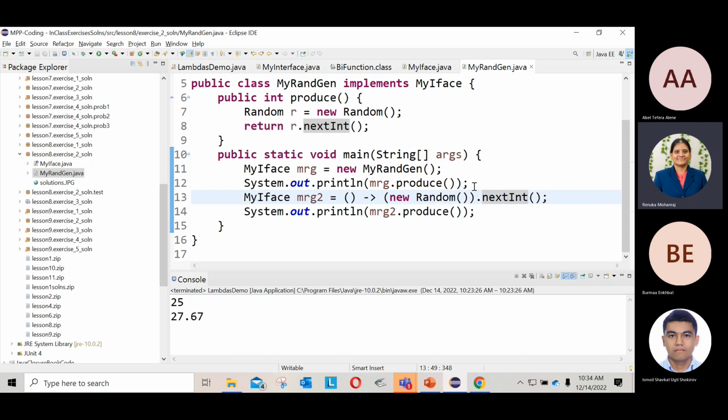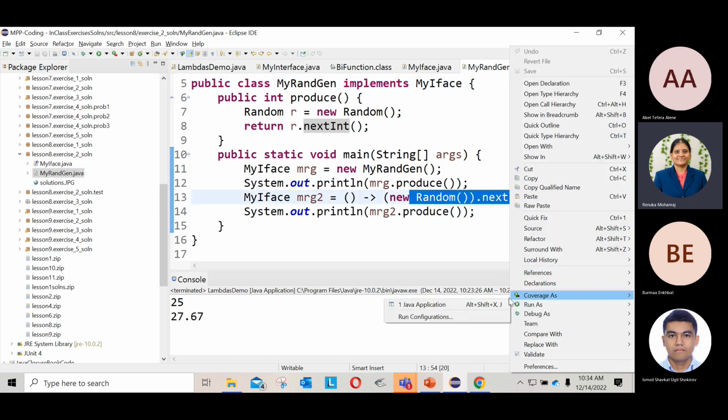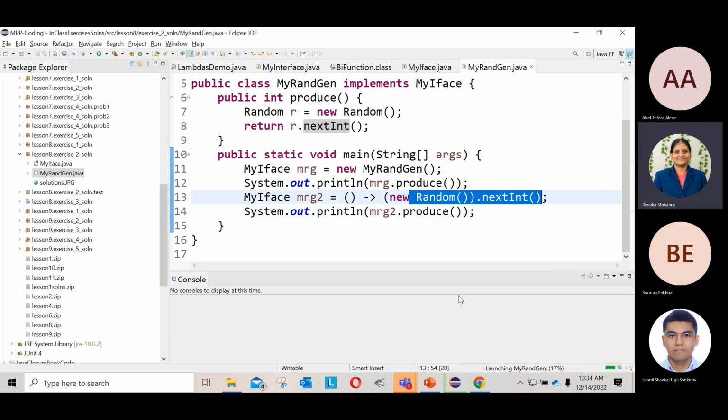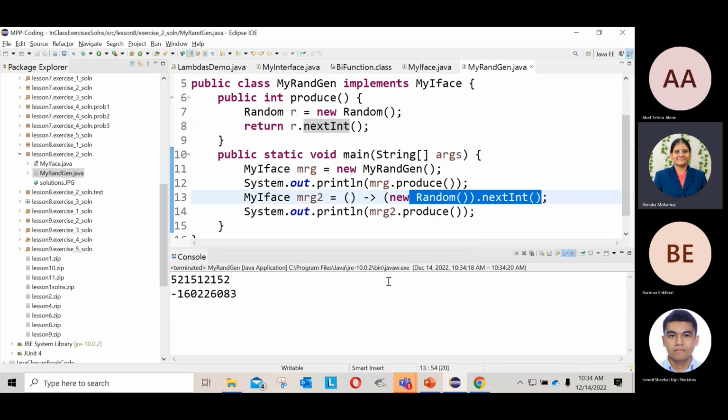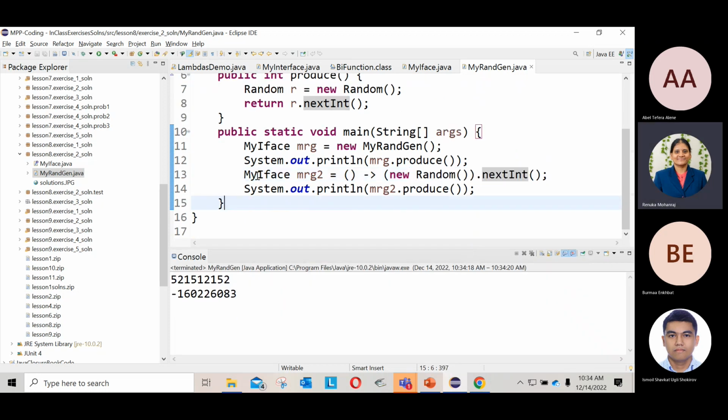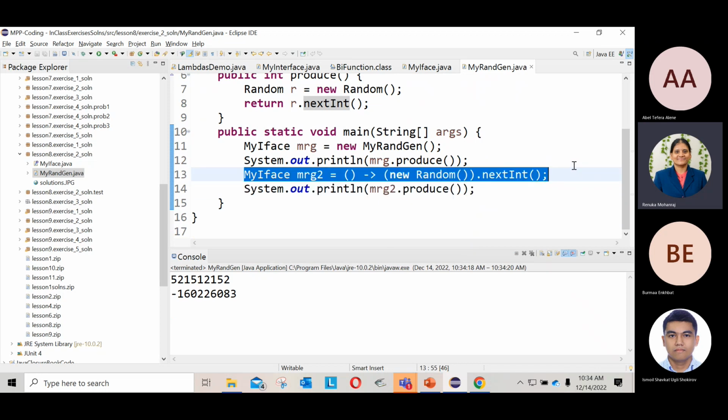You can create some object outside for the random class and you can call it inside this one. You cannot modify the state of something that comes from outside, but if you declare it as an instance field, that's fine. Whenever you call next integer, it will always generate a new random integer. Okay, if you have some other implementation you did, please let me know. Or if you do it some other way, let me know.